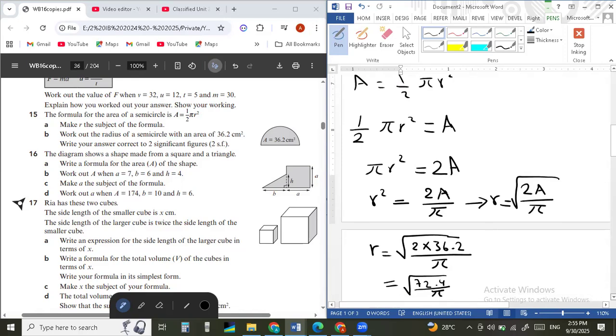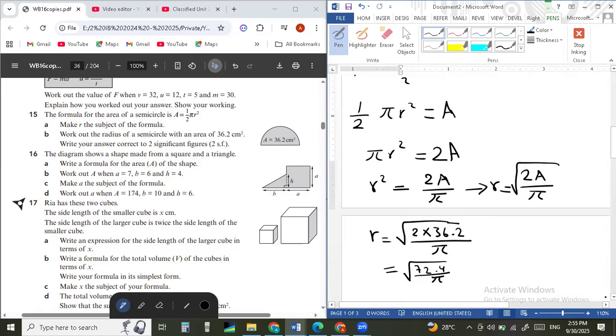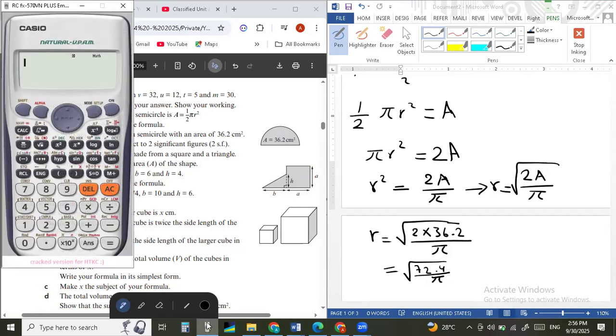Let's go down a little bit. Now, mister, how can I do it? Using the calculator. In such a question, if it comes to you, it will definitely come in paper too. So square root of everything under the root. I have a fraction under the root. So it is 72.4 over pi